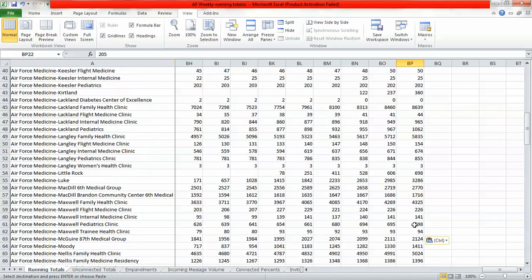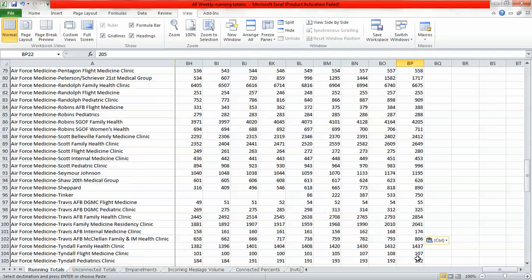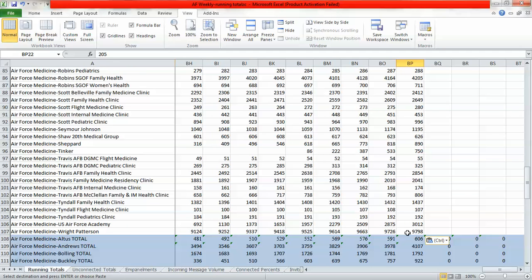And so, a quick way is to look at the shape along the left border of these numbers here, and it looks about the same as you're going through. And when you get to the bottom, make sure that it did stop down here and it didn't overlap or come short. Because there was a time when Wright-Patterson included about 4 of their clinics in their report,